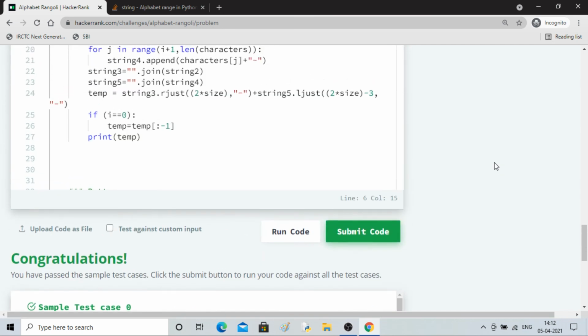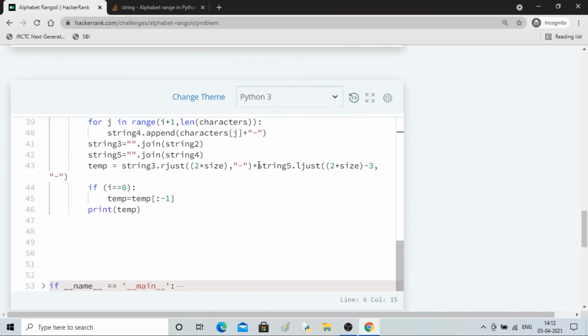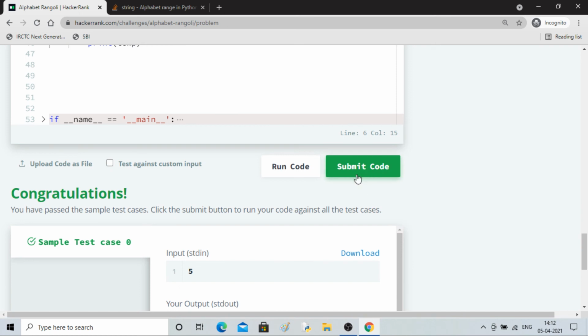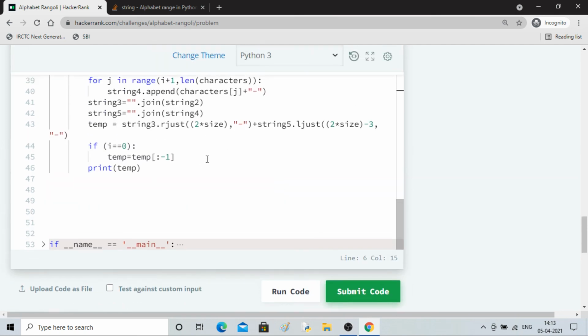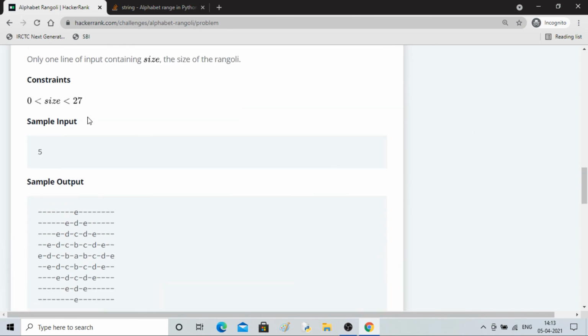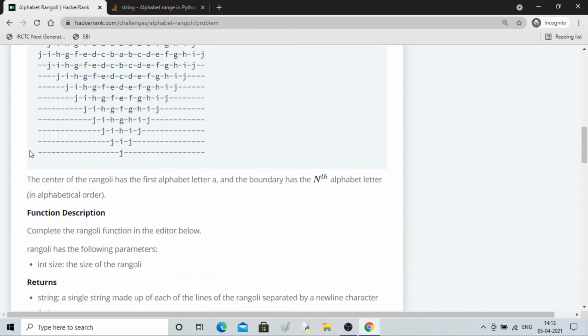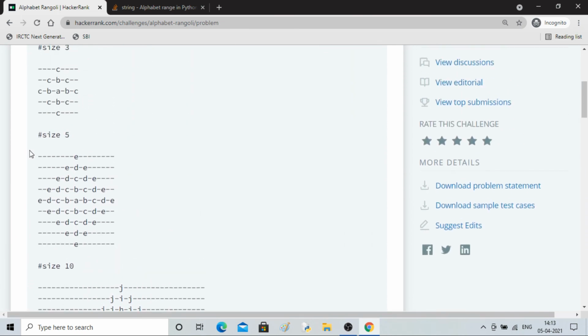One thing I want to tell you is I'm not submitting the code, right? I'm not going and checking the test cases. Test cases are for evaluators. I have to take care of all the cases beforehand while I'm running the code. All the possibilities you have to check beforehand. For example, I have taken care of 5, I checked for 10, 3.